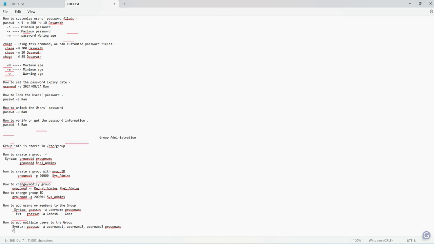Example: gpasswd, sorry. Here one thing you need to remember is, if we want to add a single user to the group, then we can use hyphen a. If you want to add multiple users to the group, hyphen capital M should be used. Okay, the example: hyphen M